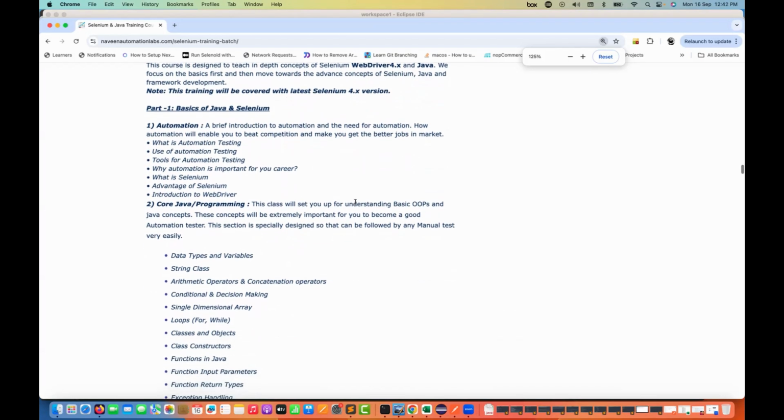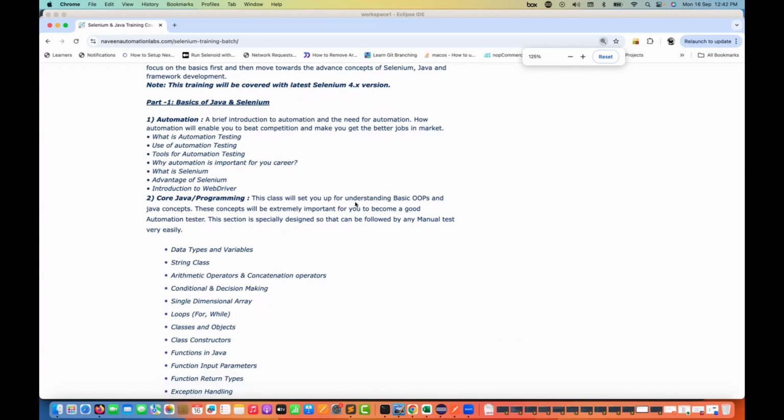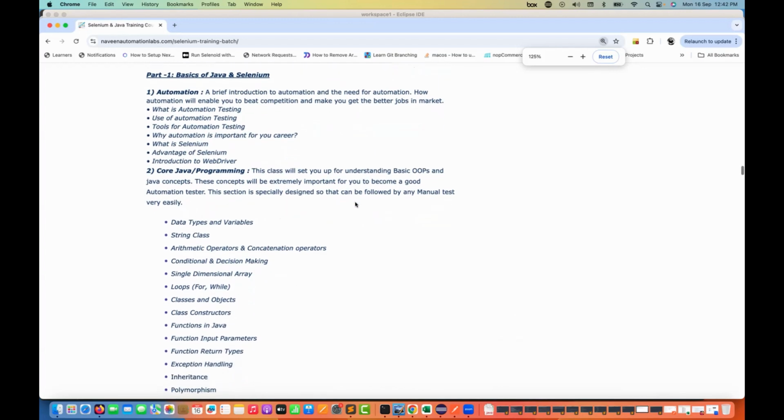Now, the question is, Naveen, will you teach Java? Yes, Java is my favorite, and we will learn Java like anything. We'll start from scratch. If you are at zero in Java, we'll start from minus one: how to install, what the advantages of Java are and everything, and then all the core concepts of Java we are going to cover. It will be around 25 sessions for only Java. No one will give you that level of coverage, 25 sessions only for Java,